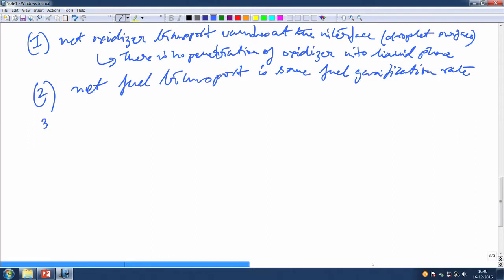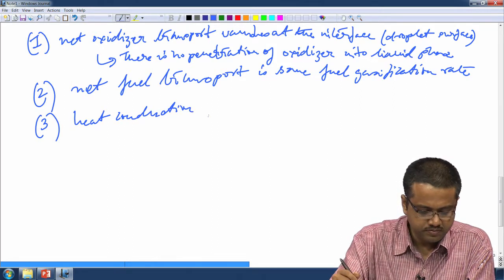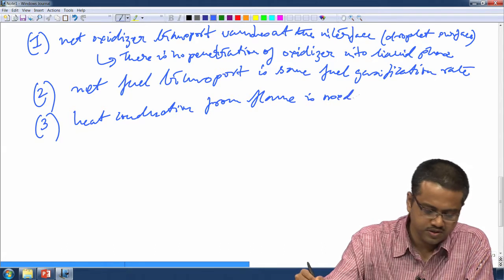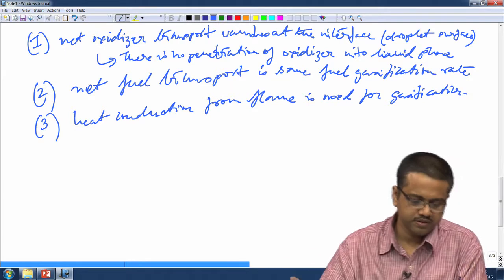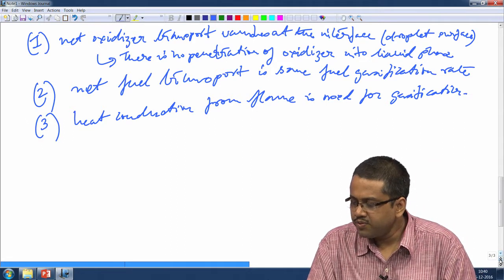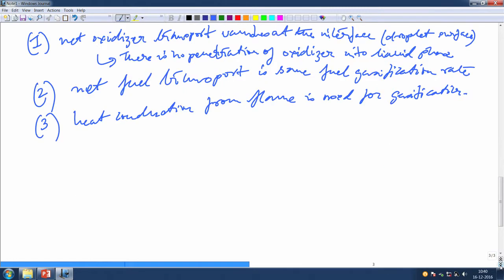Okay. The third actually tells you that the heat conduction from the flame is used for gasification. That is about it, right. Okay. So, what we have now is this equation which has got 2 constants of integration, and these boundary conditions, right. Using all of these things together, that means solving,